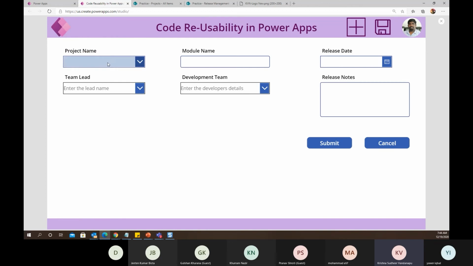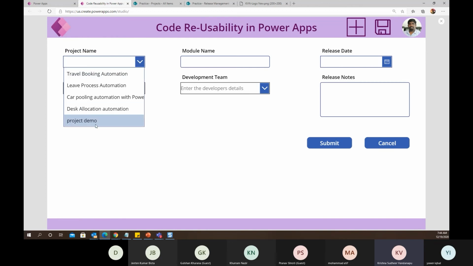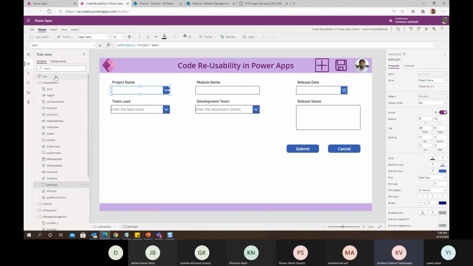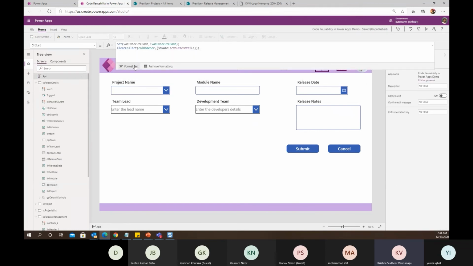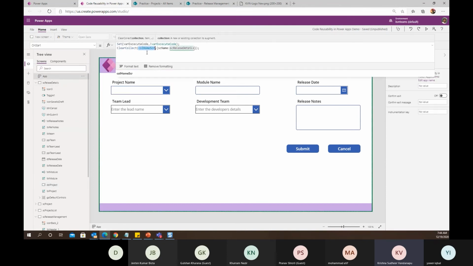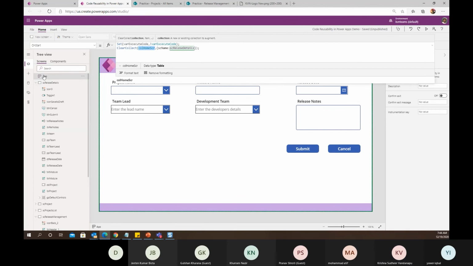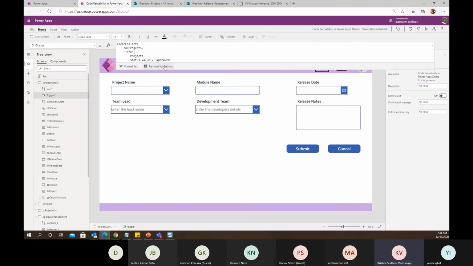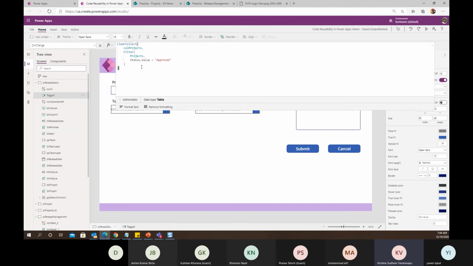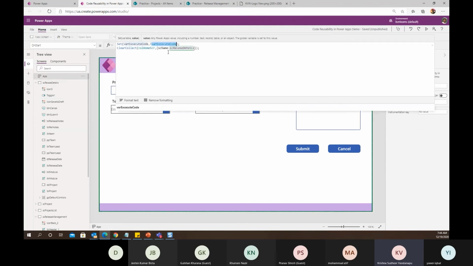Let me go back to my home screen, and I am able to get the project demo. But this is a collection which I am building as part of my app on load. We all know that when we are creating a collection on app load, as part of this toggle control, on app start I'm toggling the flag value from true to false and false to true.